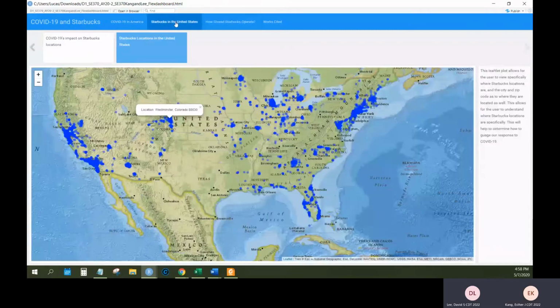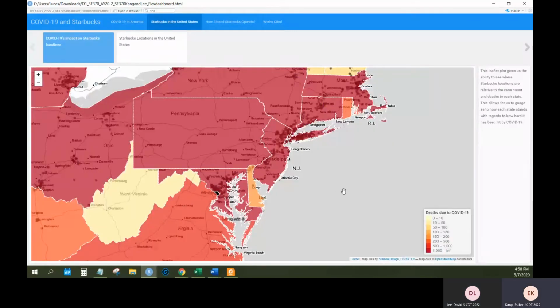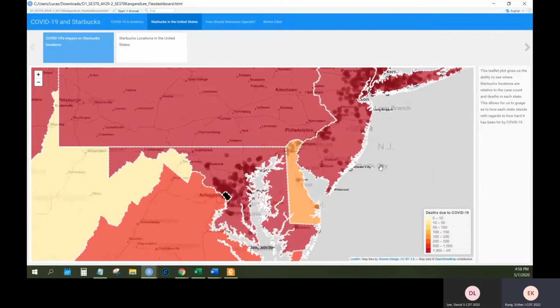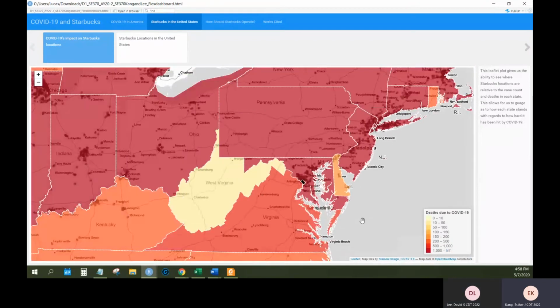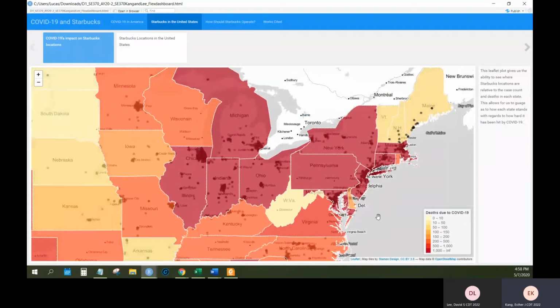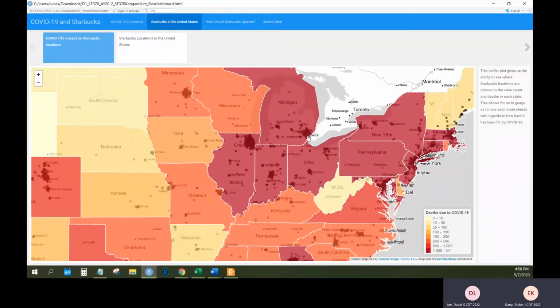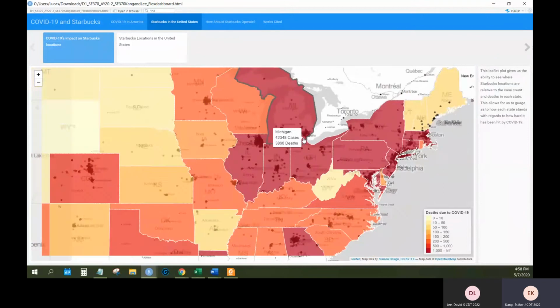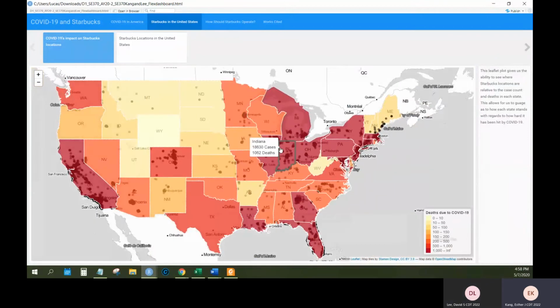And looking back at this Starbucks map, aligning with the number of deaths, we would, based on the color of the state, determine whether we should open, close, or restrict each store. So we recommend that states that are at 1,000 deaths or higher should definitely close or shut down their stores for now, while states that have deaths ranging from 0 to 50, these states right here, should continue to open their Starbucks locations,